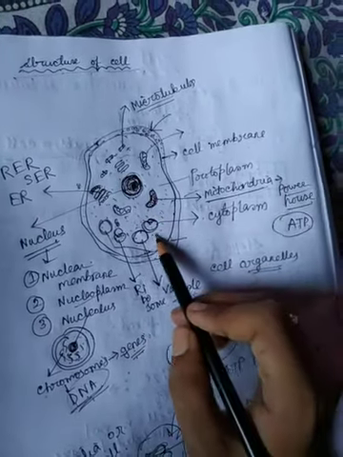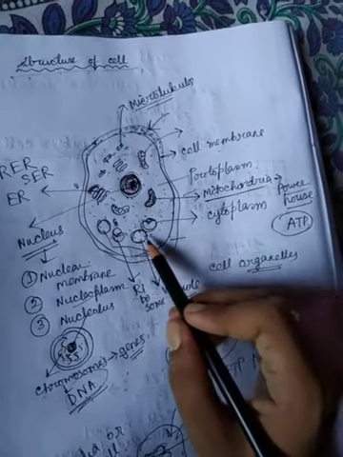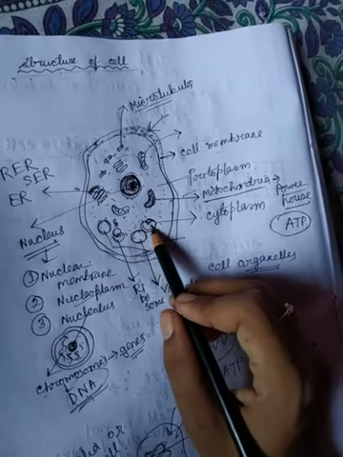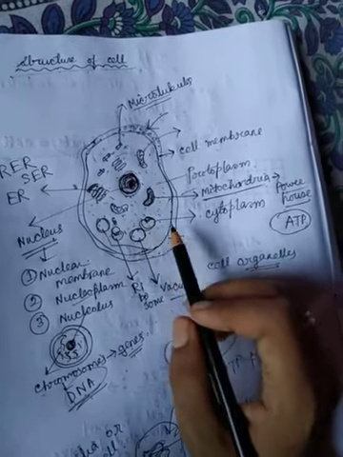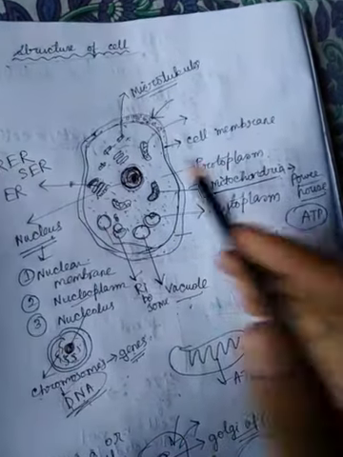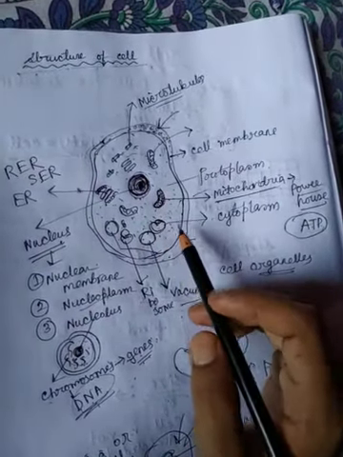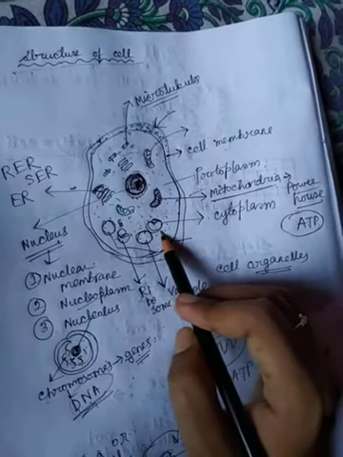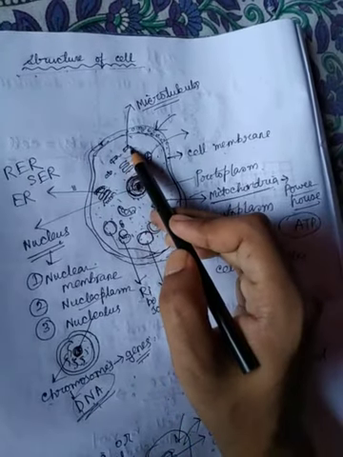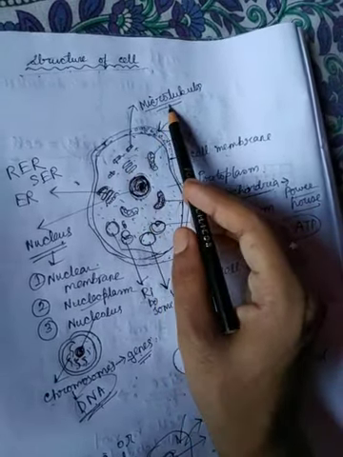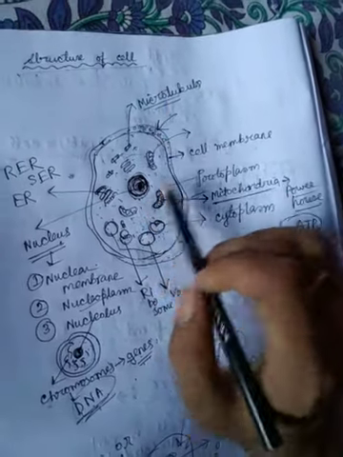Okay. Second one is the vacuole. Vacuole means the empty spaces that are present within the cytoplasm. Actually, it stores food for the future or stores excess water of the cell. This is called vacuole. Another is some small tubules present which are called microtubules. They maintain the shape and structure of the cell.